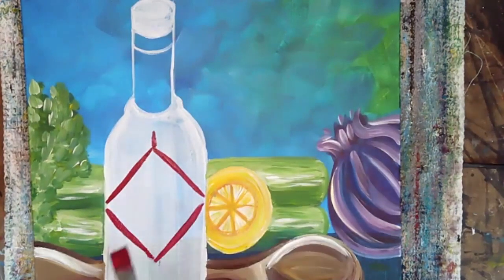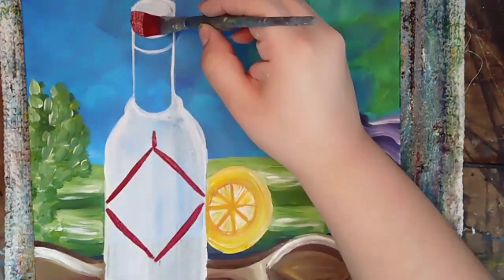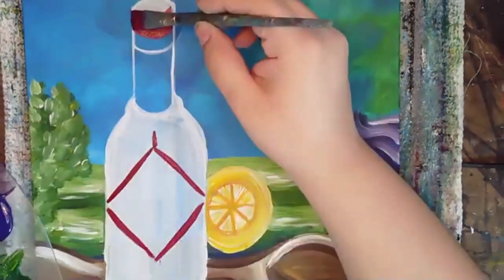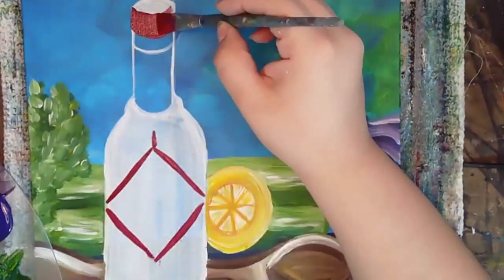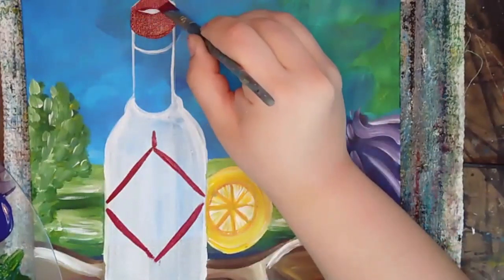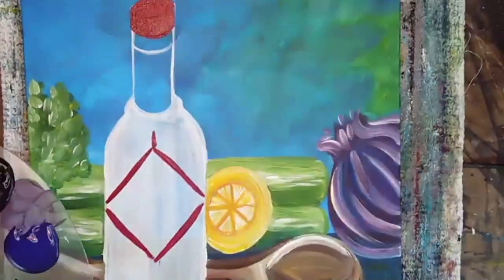Okay, and we're gonna try to paint around this, and we're gonna paint this lid up here. So I'm coming in with that red. I'm picking up my lid. I'm painting it red with it. I'm also gonna paint red over the top, except that the top is gonna have a little bit more of